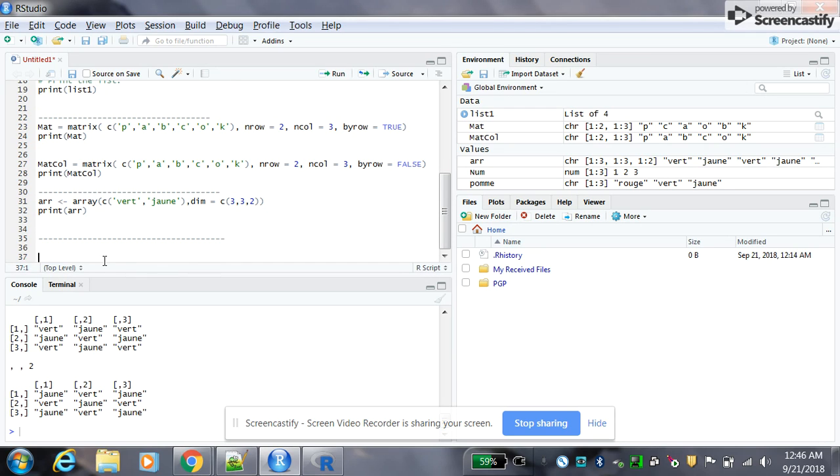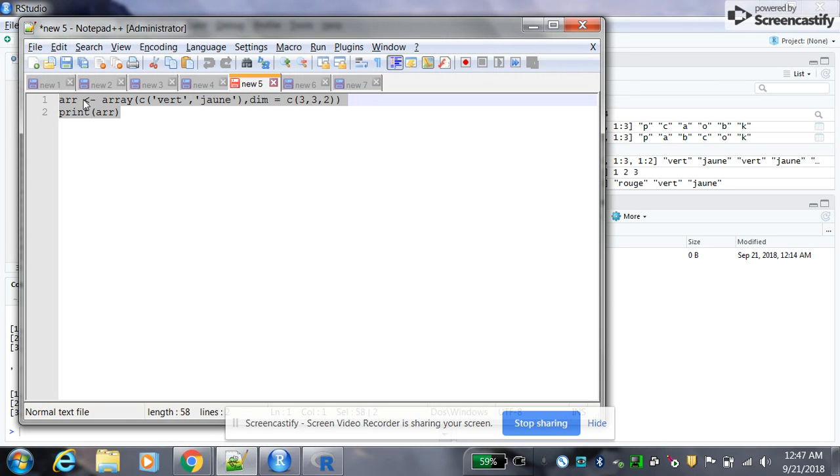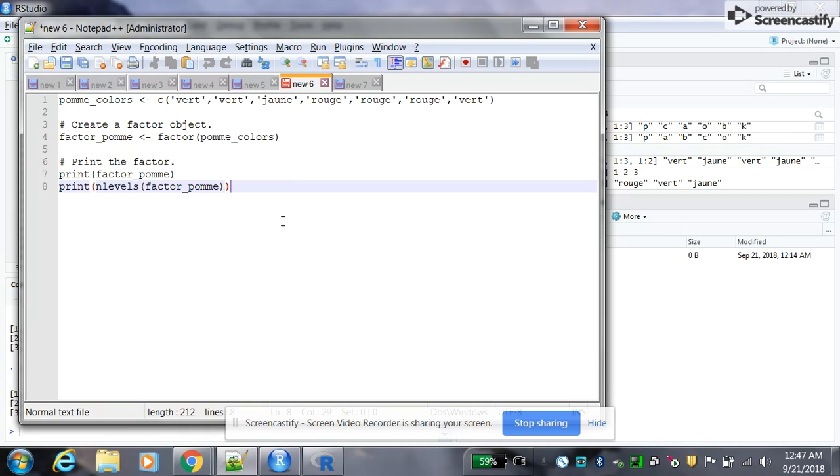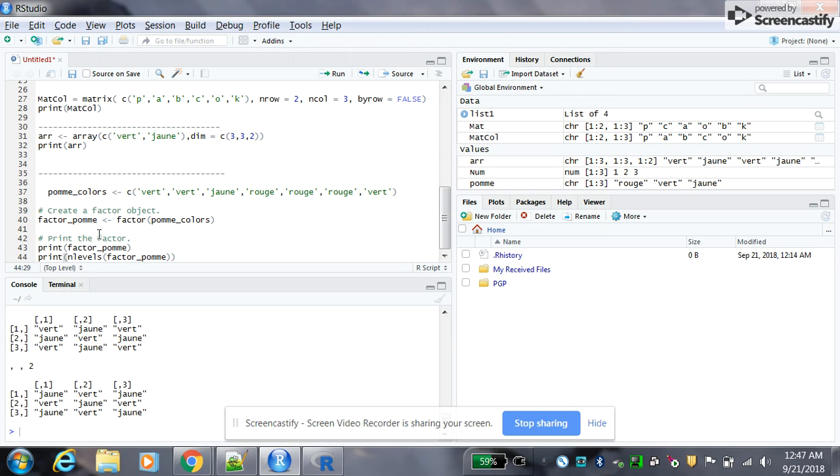Moving towards the next. Next is factors. Let's take an example. You can see colors, meaning the color of apple, worth green, this is the data about the apple. Then we have converted this vector into factor type and then printed